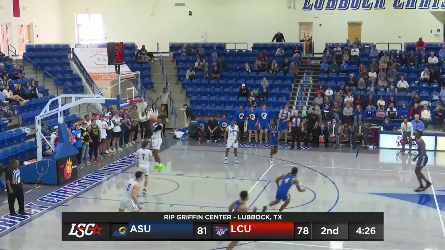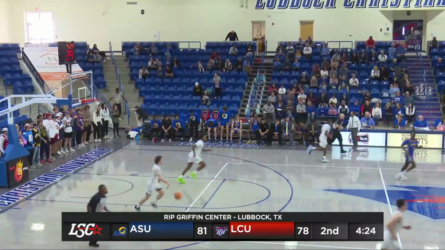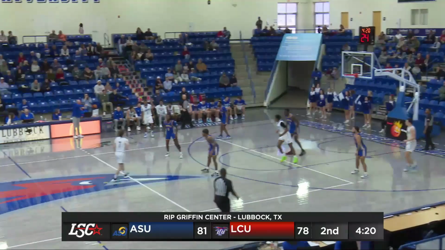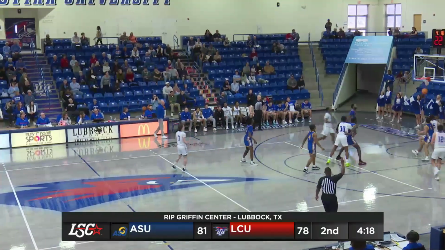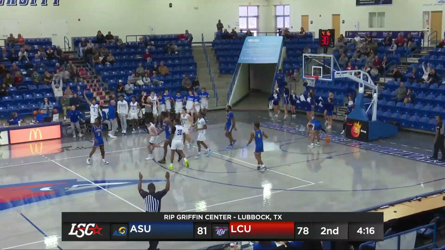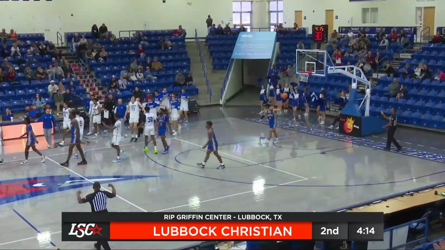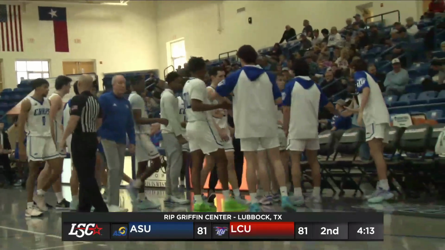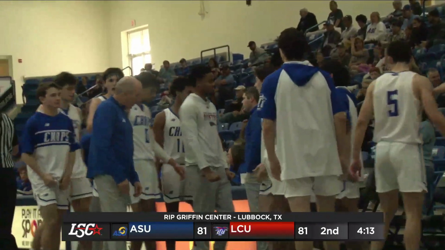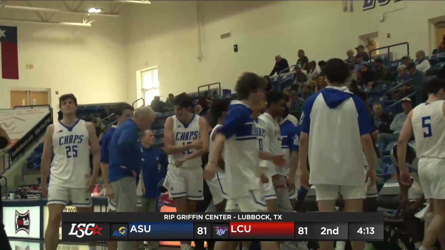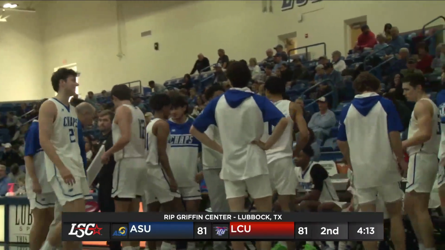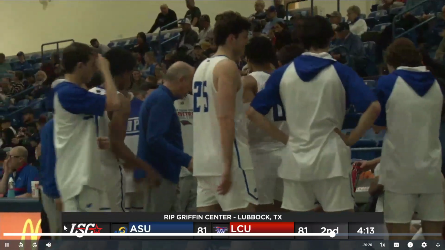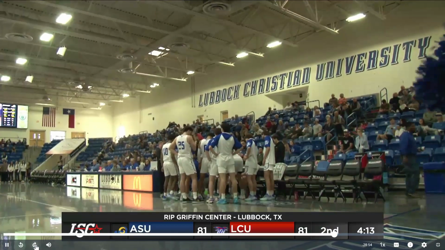Three on the way, in and out, as Embry Simpson finally misses. And Ethan Duncan does not. Ethan Duncan from the Shaps logo ties this game up at 81. And Duncan with 28. We've got 4 minutes and 15 seconds left to go. And we're tied at